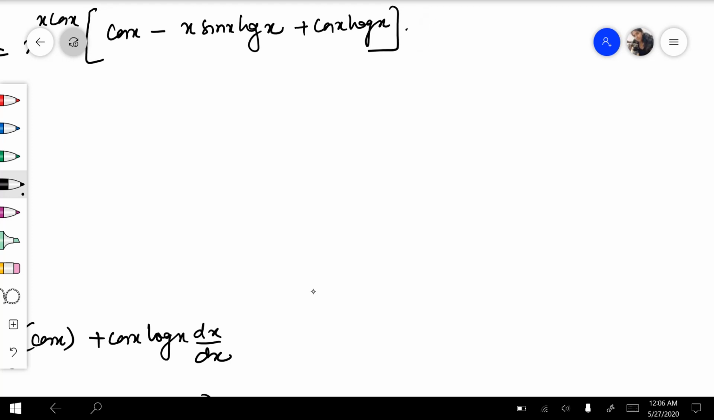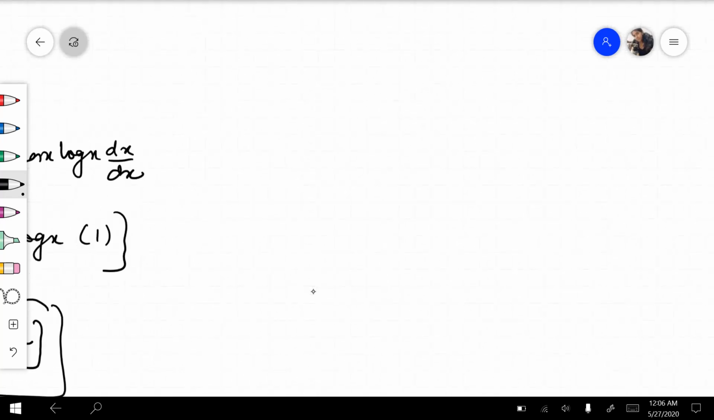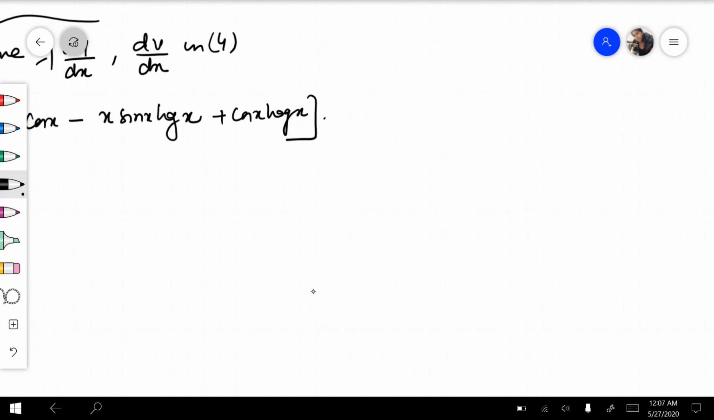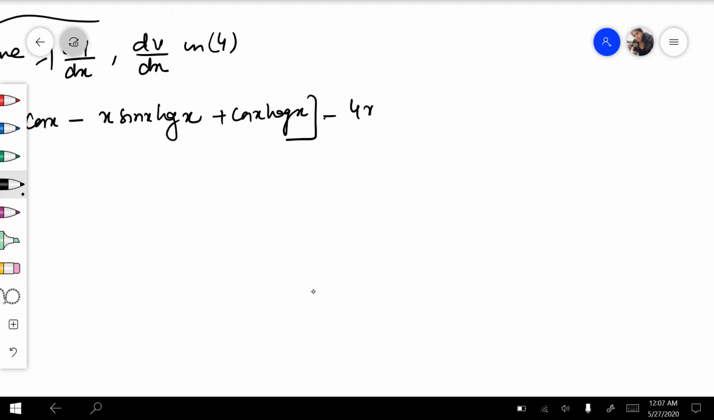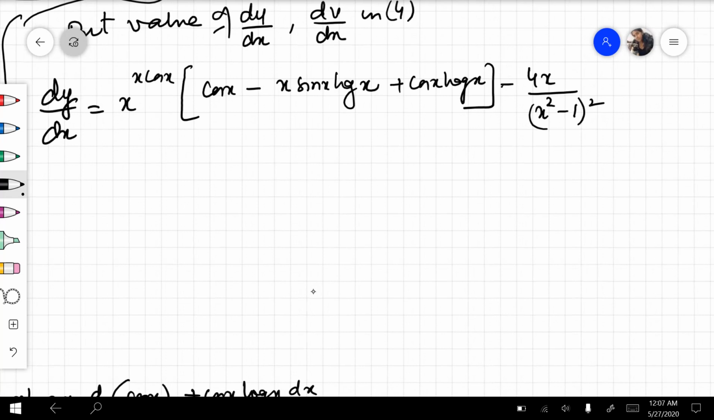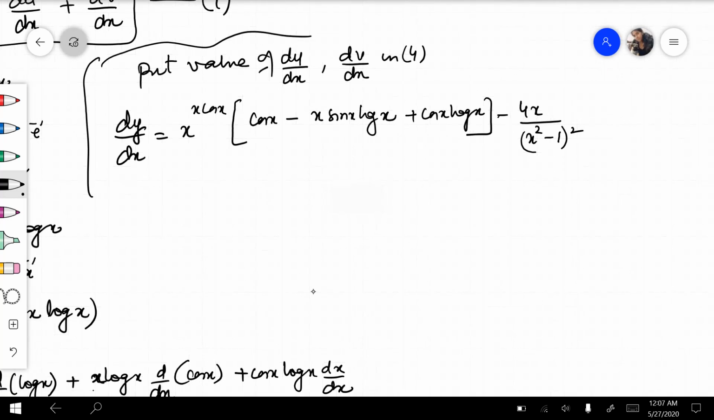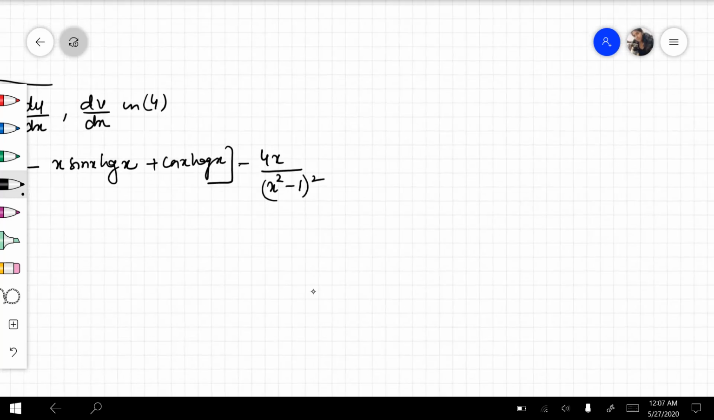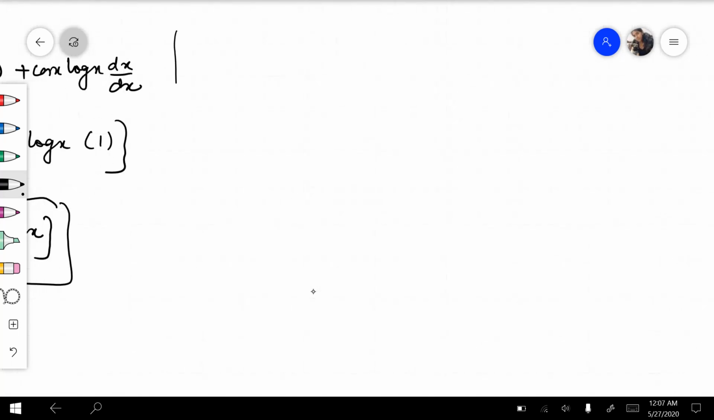इसका वैल्यू हमारे पास क्या आया था, minus 4x upon x square minus 1 whole square. So this is our final answer, dy upon dx. So if we have taken this question objectively, so I will write the question first. Question was